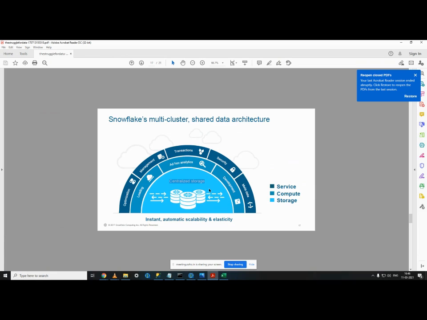And this computing layer is called data warehouse. It's called data warehouse, but it doesn't have anything to do with the data warehousing terminology we use in our day-to-day life. It's just a virtual idea. What they meant by this warehouse is a computing engine. If you are using a computing engine for a specific purpose, for example, in our system